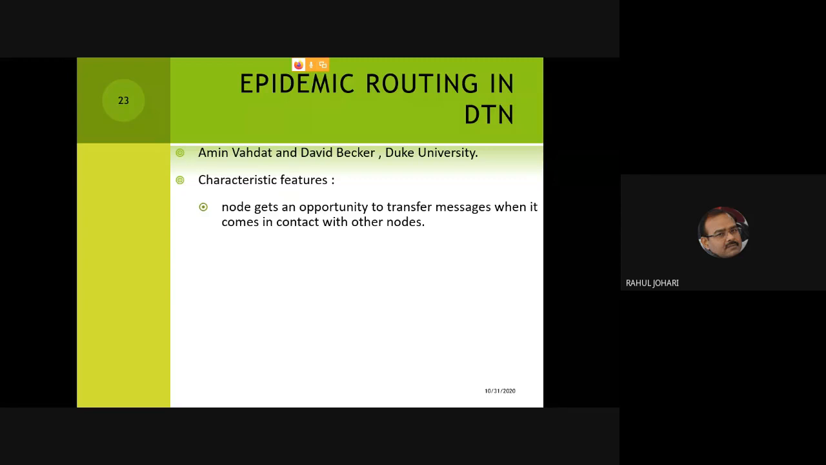We always believe in the transfer of the messages. We always believe in taking the help of intermediate nodes in the transmission of the messages. And every opportunity is exploited by the node. So let's say two nodes meet each other for a duration of 1 minute. So 60 seconds are there, and both nodes will try to utilize this time